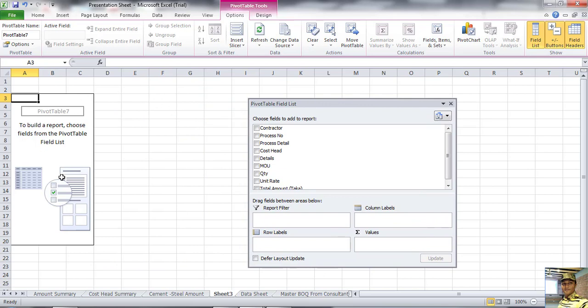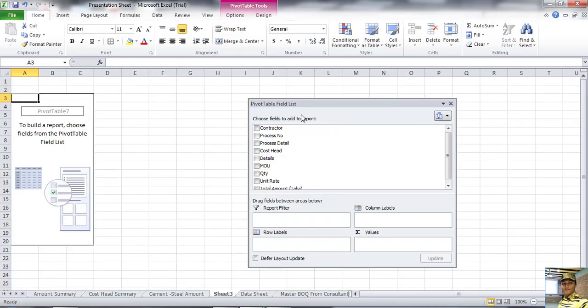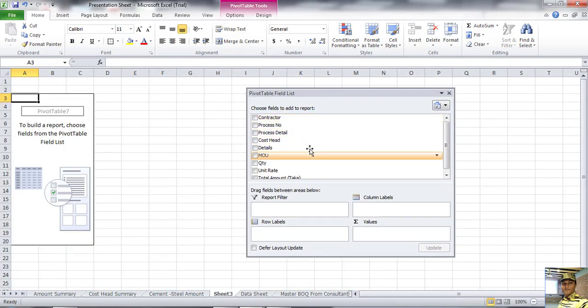Now see, after selecting, we can see the pivot table options, and this is the pivot table field list. As we previously gave the headings, the contractor heading shows in our pivot table field list. So we just follow this way to prepare our pivot table result.